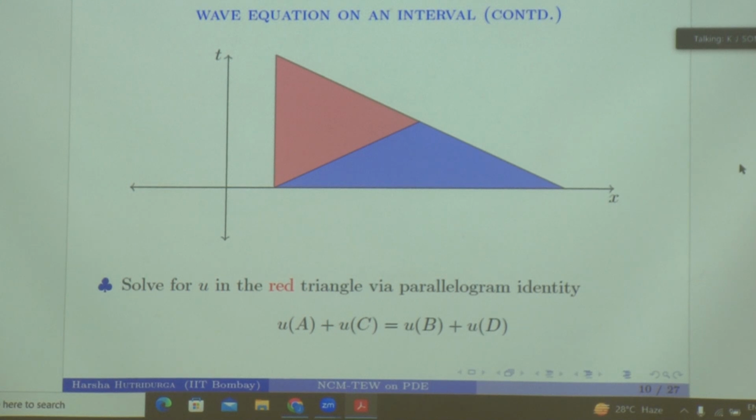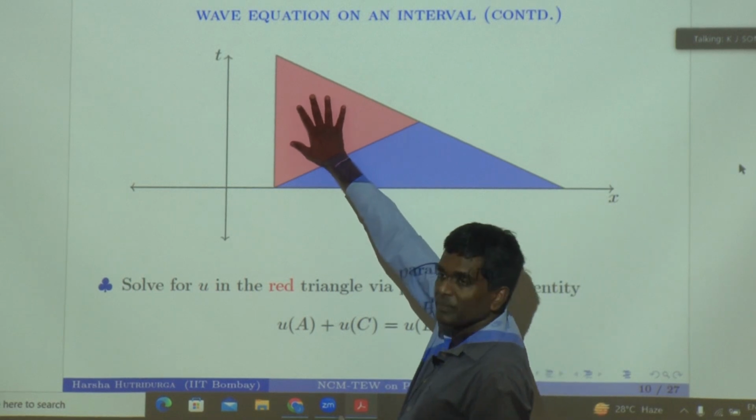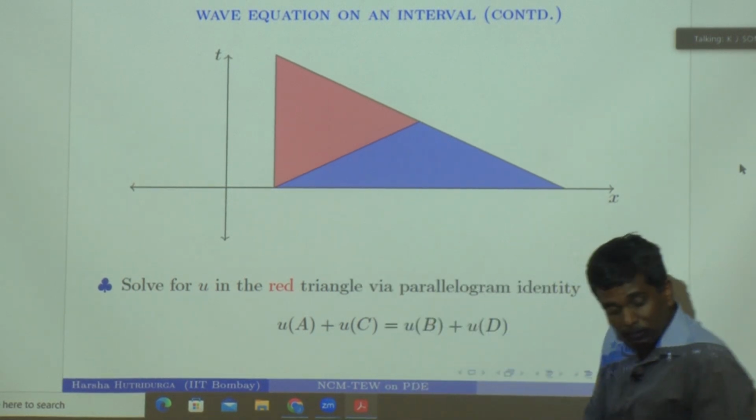Suppose I take this point, I draw the line of slope -1. It hits this triangular thing. Then I draw a line of slope 1. Then I draw a line of slope -1. Essentially I get another parallelogram, a characteristic parallelogram, where the three vertices I know the value of u. And I am just looking to find the value of u at the fourth vertex. You can do that. Okay? So this is how you can solve for every point u in this red triangle.